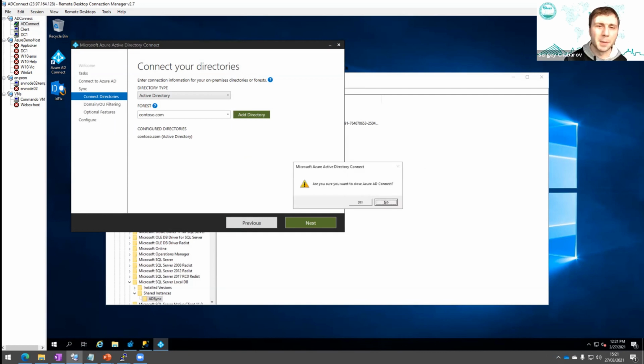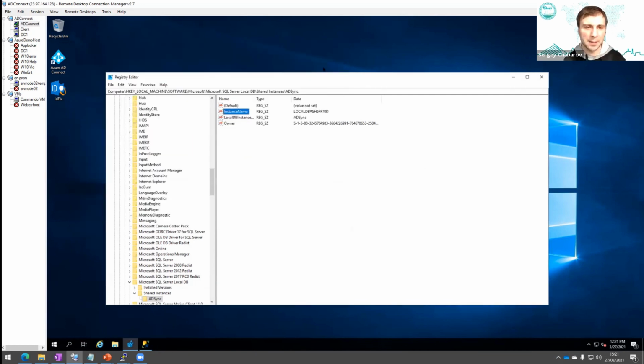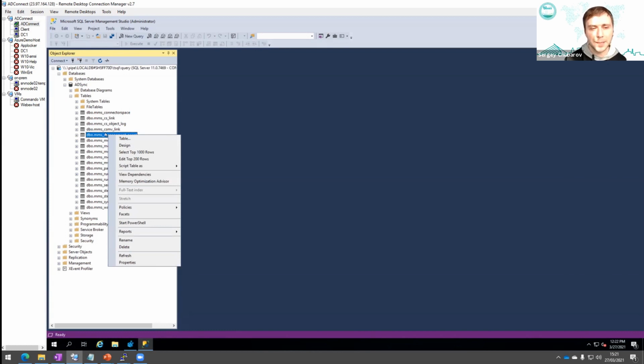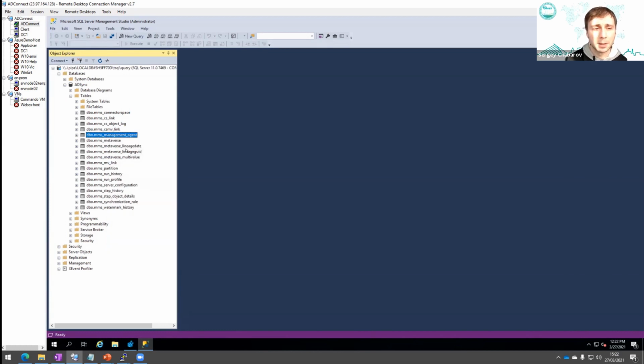And let's think about this. If we have an AD Connect server, and the AD Connect server somehow uses this account, then somewhere this password must be stored. This password is stored in the SQL database. If I look at the SQL database that has the database of AD Connect, and I look at the